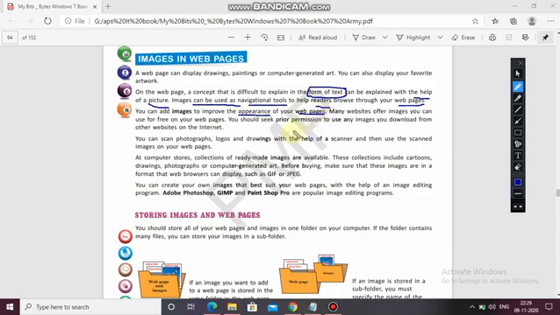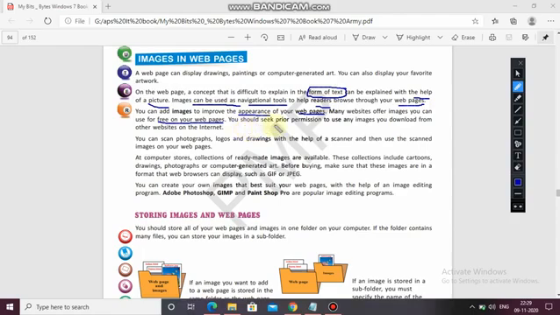Many websites offer images you can use for free on your web pages, which you can copy and download to your desktop, and then afterwards save in your web page.